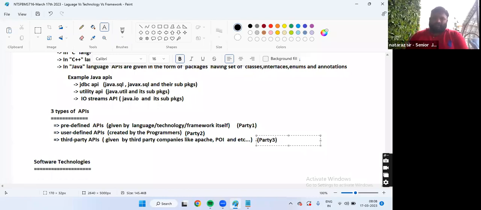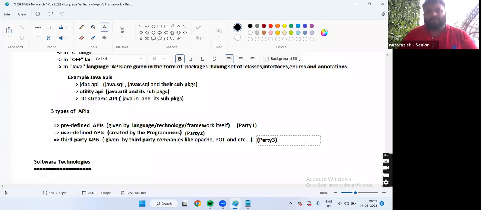Say a fight has come between wife and husband: party one is wife, party two is husband. Someone else is trying to interfere. That person is called third party, right? The person who is trying to interfere is technically called third party.